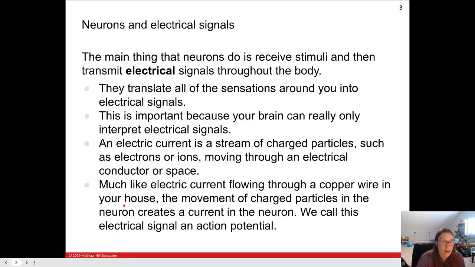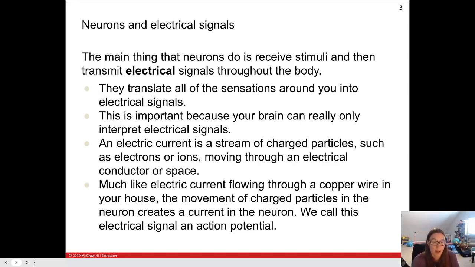And so the main things that neurons do is that they receive stimuli either from outside the body, right, or from another neuron, and then they transmit electrical signals throughout the body. And they translate, so like let's say you're having a sensation, like a feeling or a smell or a sight. They translate all of these sensations around you into electrical signals, and that they can then send up to the brain. And then this is important because your brain can really only interpret and it deals with and it sends out electrical signals. And so that way, everything is sort of translated into this neuron electrical signal